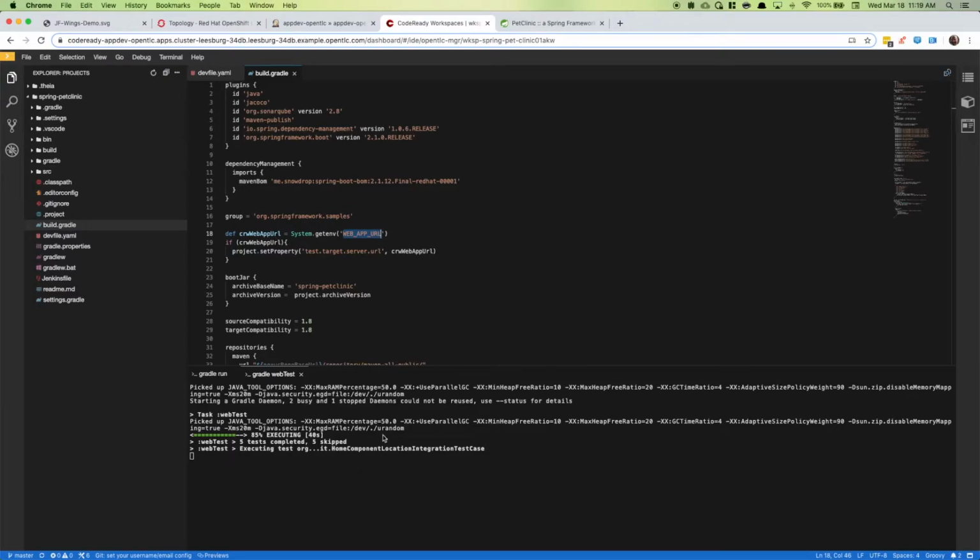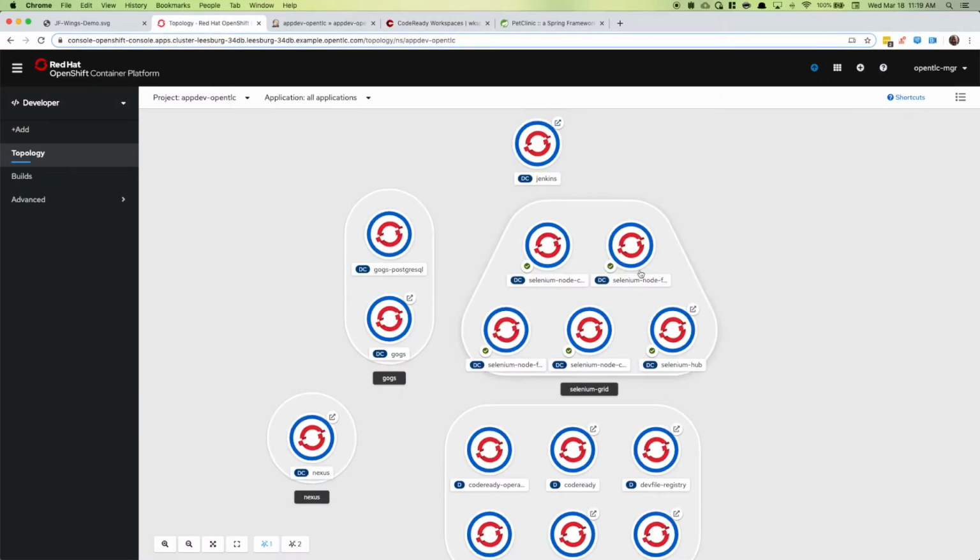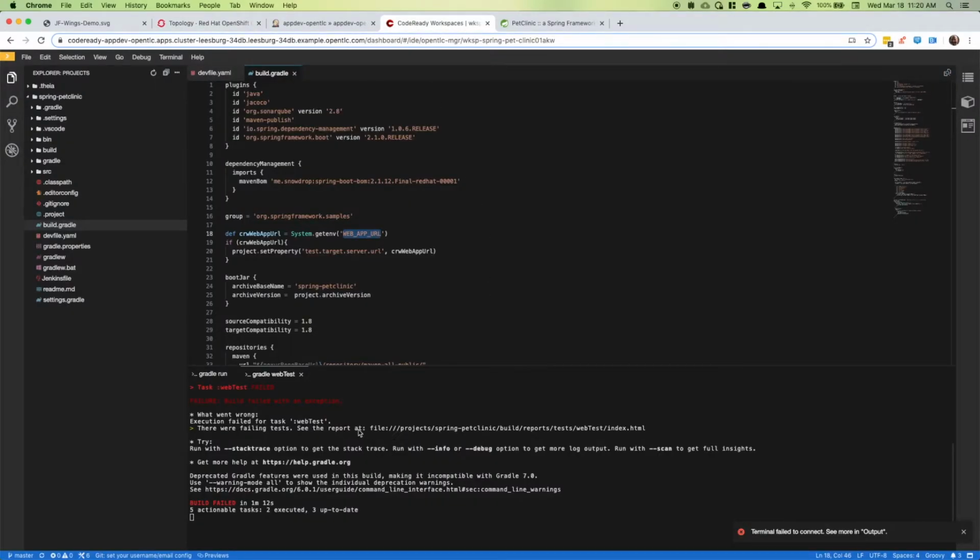So right now, it's executing Selenium tests. I'm going to jump back over to the topology here for a second to show you we have a Selenium grid set up. So I have a Selenium hub right here. He controls several nodes. This is a Chrome node. This is a Firefox node. And through my tests, I can say what type of browser I would like to test through the Selenium grid. If I come back over, I see that it has in fact failed the tests,